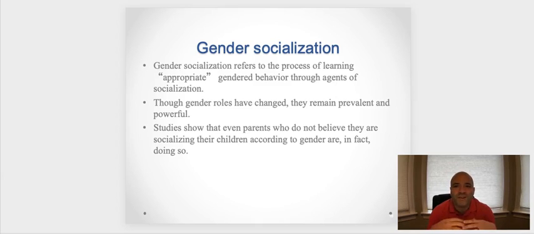So there's an appropriate set of behaviors that me as a man am expected to perform. There are certain ways that I'm expected to carry myself. There are certain postures that are deemed as okay. There are certain ways I'm expected to walk, to talk, and so on and so forth. And these things can change over time. But broadly, there is a clear division between the appropriate or correct kinds of behavior that a man or boy should exhibit and the correct or appropriate kinds of behavior that a girl or woman should exhibit.